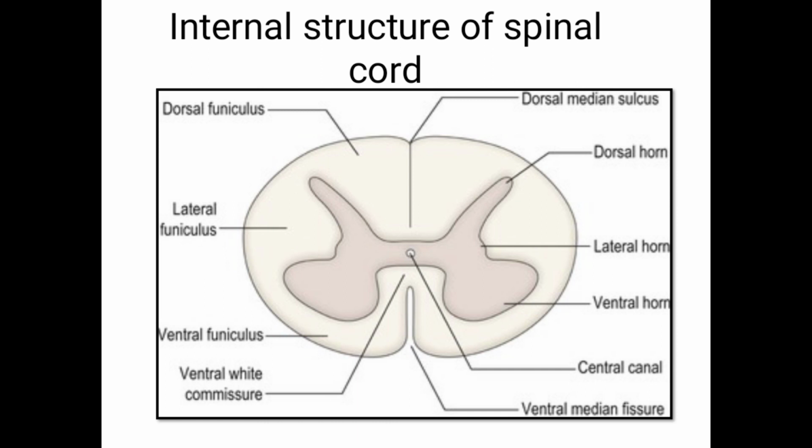Okay, next we'll look into the internal structure of the spinal cord. If you cut a section of the spinal cord, what are the features you see? You can look here, the shape. A cross section of spinal cord shows an H shape, you can see here, H shaped, central grey matter and peripheral white matter. So remember the central part is grey matter, and the peripheral part what you are looking at, that is the white matter there.